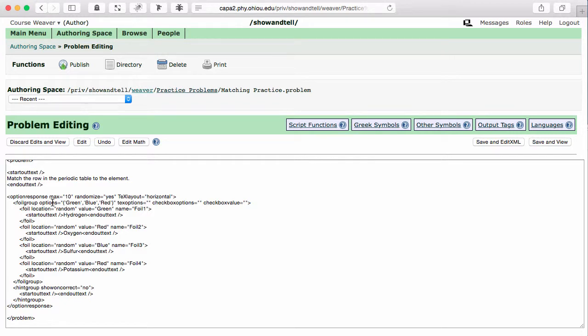I see foil group and I see my options green, blue, red. This is where I can change them to make them into what I'd really like. Row 1, row 2, row 3. Now, hydrogen is found in row 1. I know oxygen is in row 2. Sulfur is in row 3. And wait a second, potassium is in row 4, but I don't have that. I need to add this response up here, so I do a comma and add in row 4,